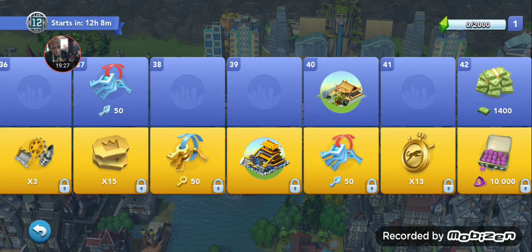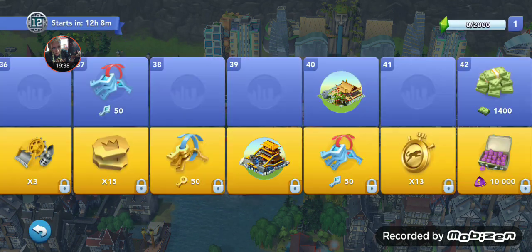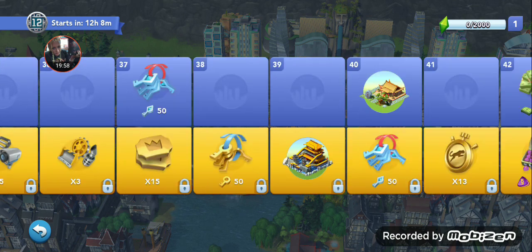Okay, this here is the final building, and it's nothing super spectacular, but it's not too bad. At least they have a high pop boost, I guess. But again, nothing super fancy, okay? The 50 platinum keys is excellent. The 13 golden tokens, and then of course your final 1400 cash. So all of this stuff is pretty much the usual. And yeah,